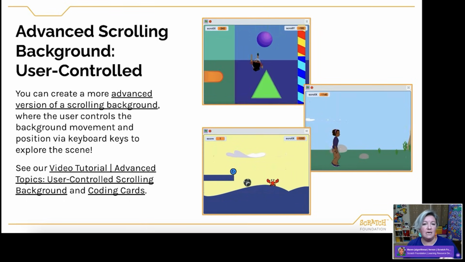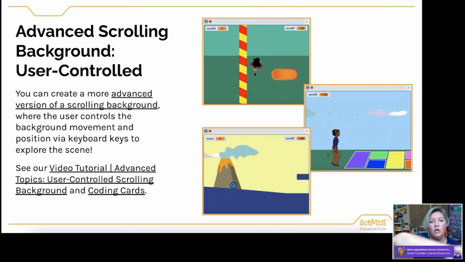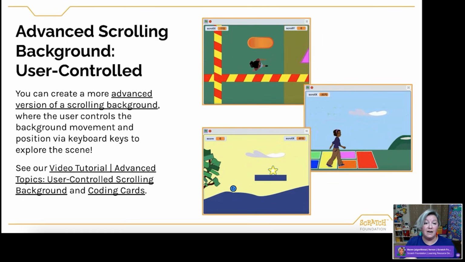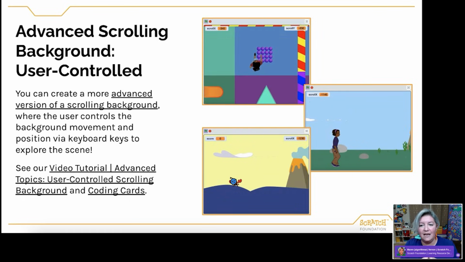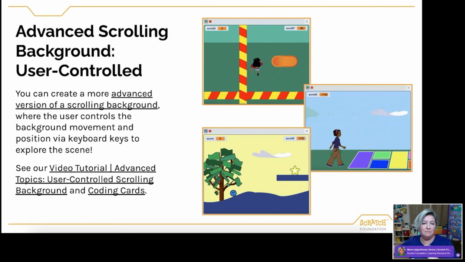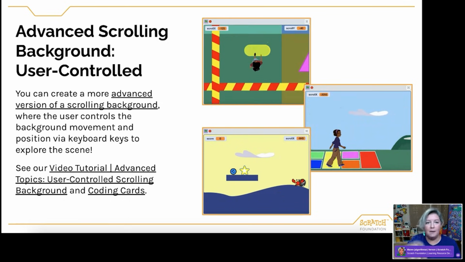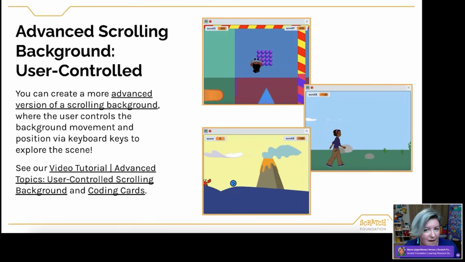Or you can see on the one at the top, it's more of a top-down view, so you're moving around the space from a different angle. I love to add that variety, where maybe we're used to seeing games from a side view, so the top down could be a really interesting opportunity to make something different happen.